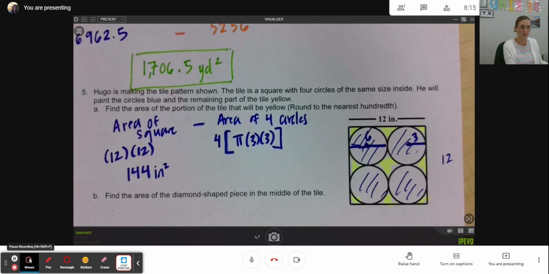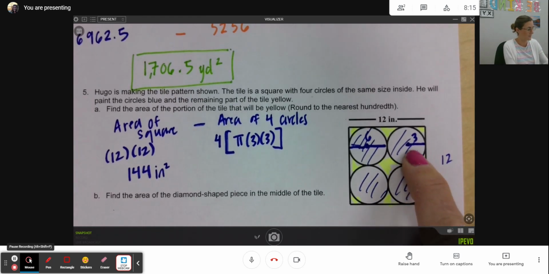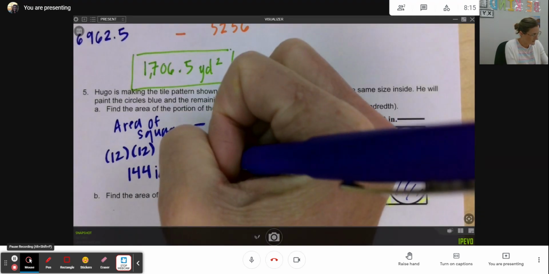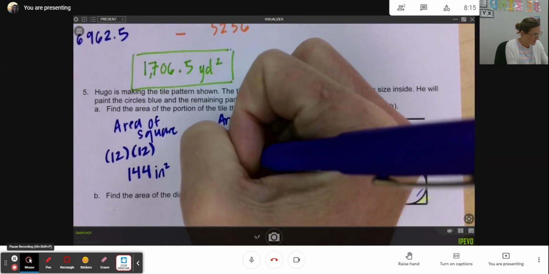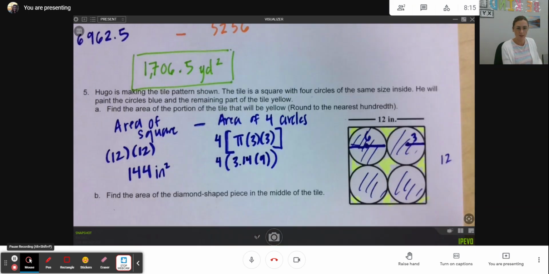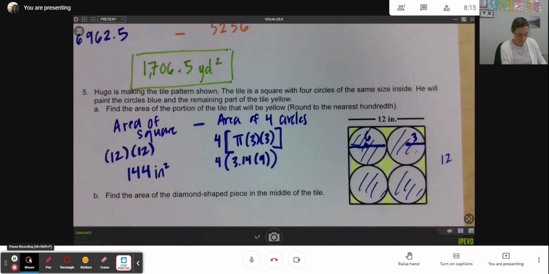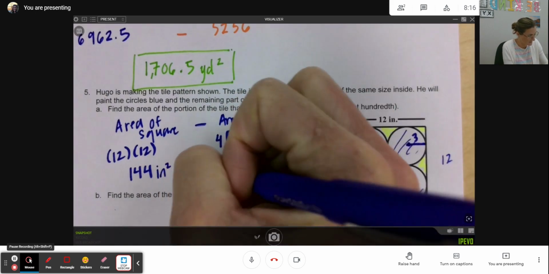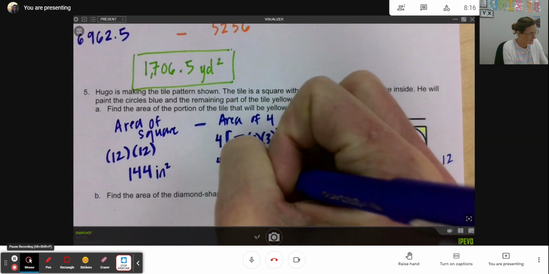So this is 4 times pi times 3 times 3, or 4 times 3.14 times 9. And when you do this in your calculator, you can do 3.14 times 9 and then just times 4. You don't need to multiply multiple times. So this is 113.04